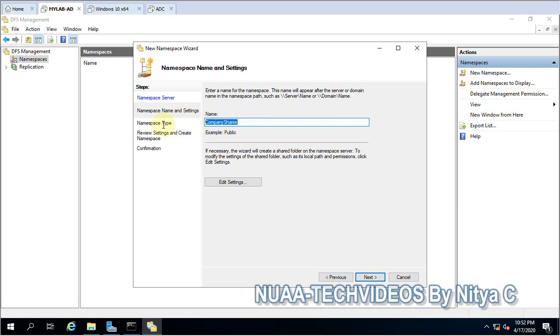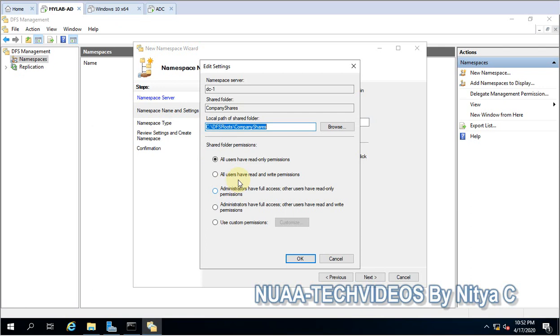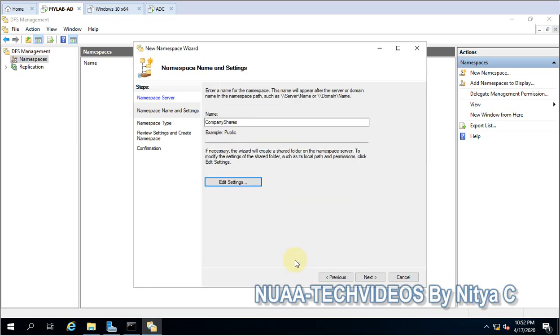This will be the root share, and if I open the edit settings, we will give administrators full access and other users read and write permission. This is so that the users will be able to open the shares.